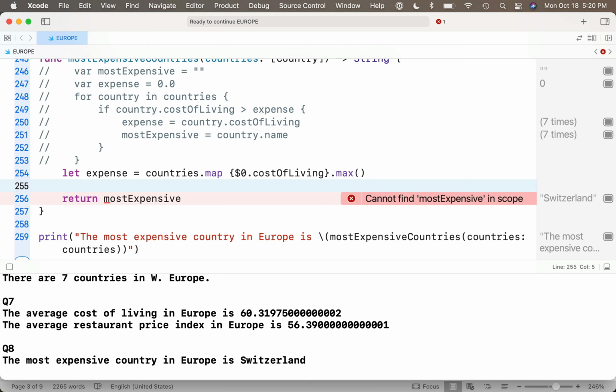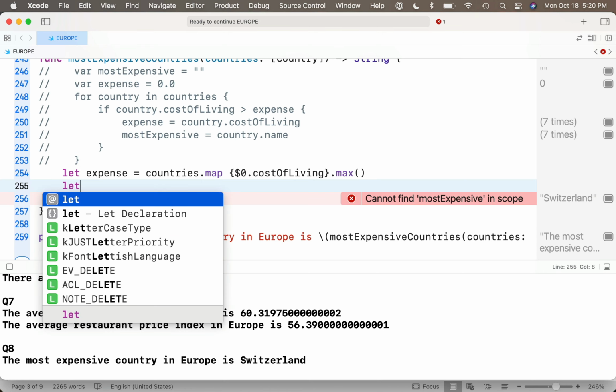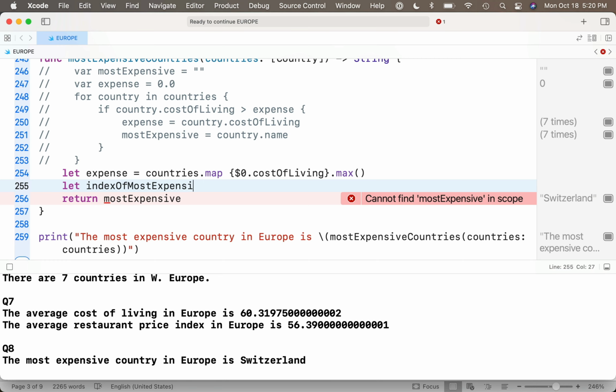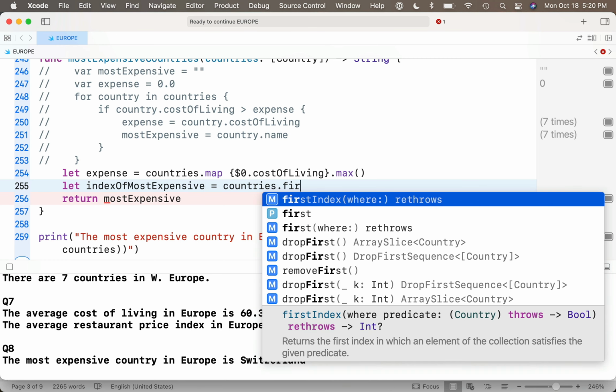Now what we're going to do once we have that largest cost of living is search through the array, try to find the element that has that particular number as the cost of living, and extract its name. And this is how we do that. We are going to use the firstIndex method, which finds the first index in an array where a particular criteria is matched. So what we'll say here is let indexOfMostExpensive equals countries.firstIndex,